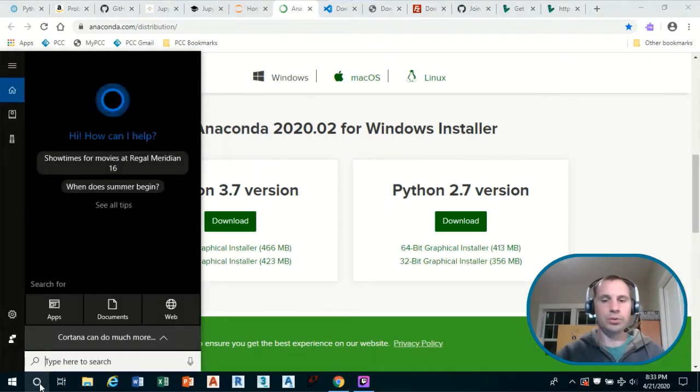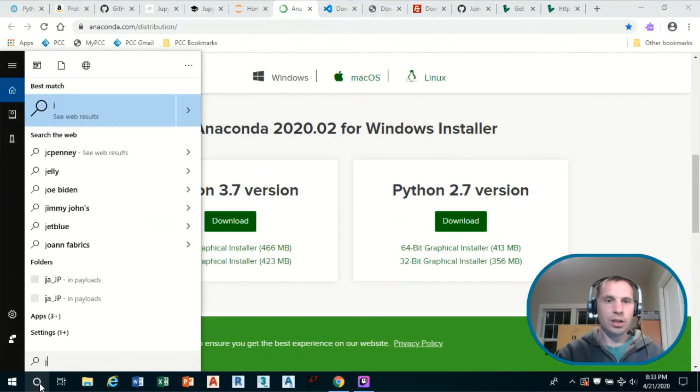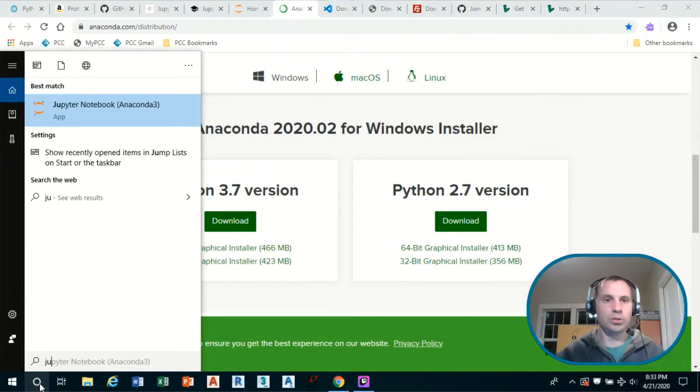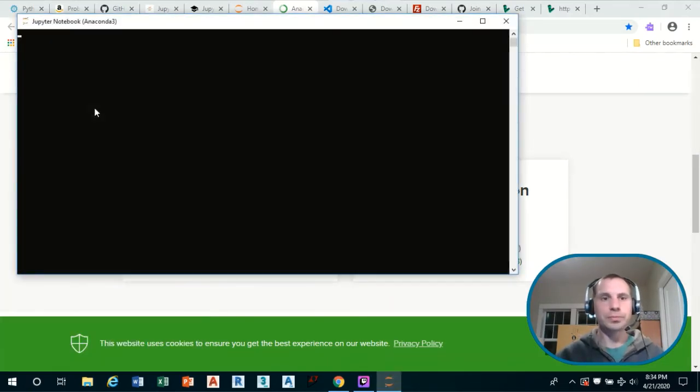So after you install the Anaconda distribution of Python, if you go to the Windows Start menu and type in Jupyter, then that's one of the applications that got installed. This will open up a quick terminal, and then once the terminal gets going, it'll open up a browser window, and we'll be able to see what Jupyter Notebook looks like in a browser window.